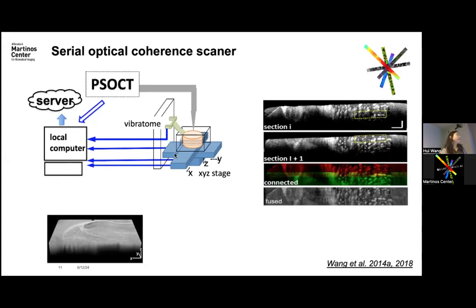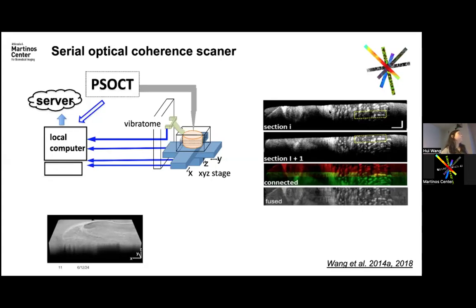We add a vibratome tissue slicer into our imaging system, because PSOCT images from the top of the brain and collects light backscattered to the system. So we can image the top portion of the sample like this slice here, and then we can slice off what's been imaged and get the deeper regions exposed again. So this is the next portion, and then slice again and image deeper, and slice off again until we finish this whole volume.